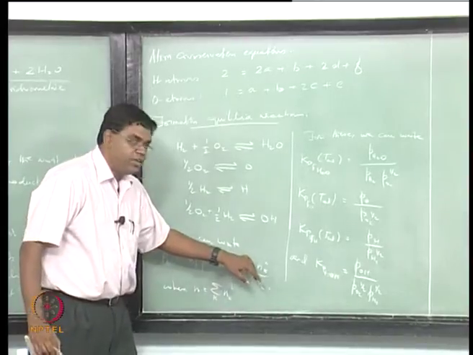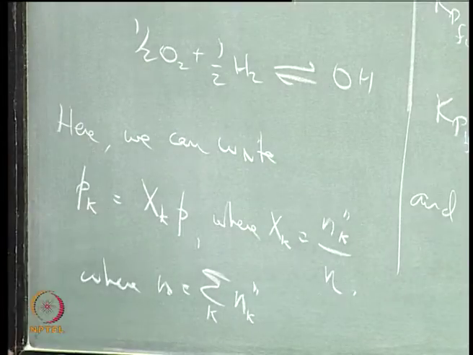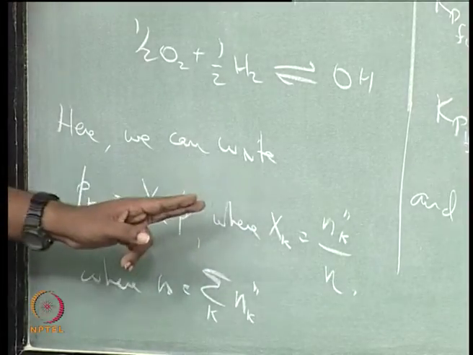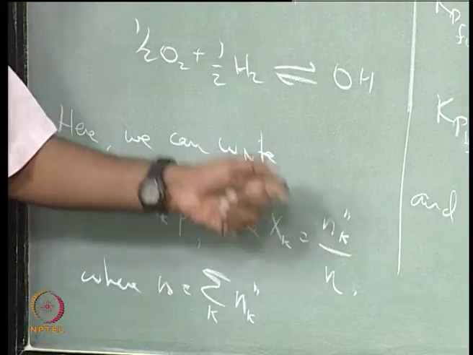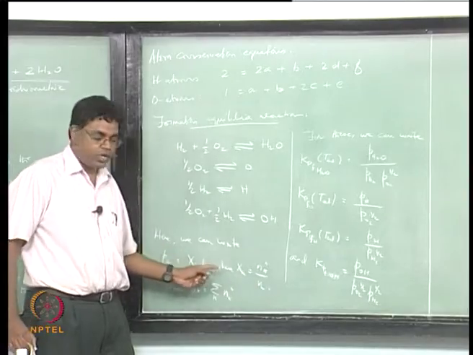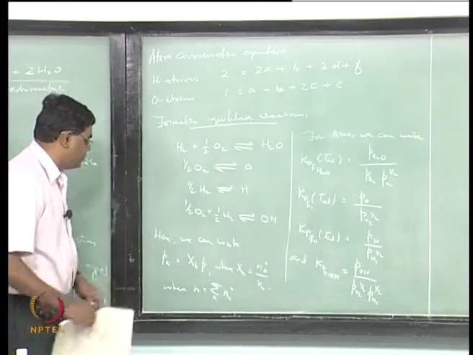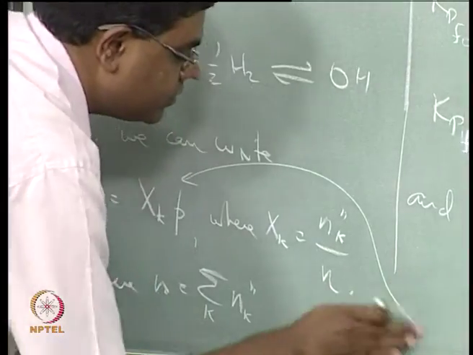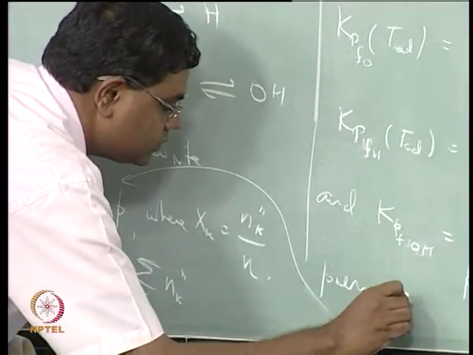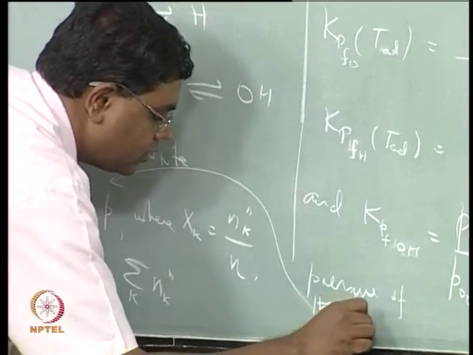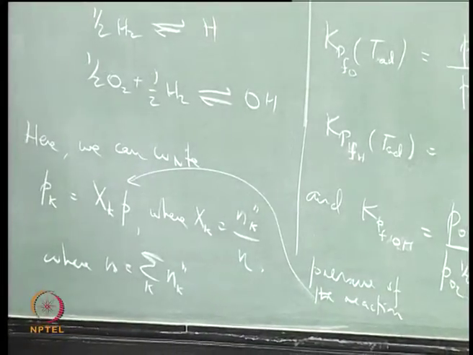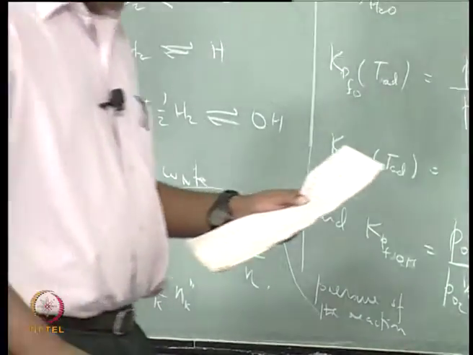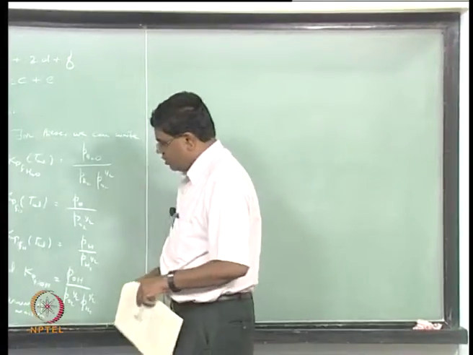We are trying to find out the nk double prime, yeah, but whatever it is, it's going to have a total, and the total will be n, and then if you now take the value of n, the kth species double prime divided by the total, you get xk, and xk times P. So the P is the pressure at which the reaction is happening, right. There is a pressure at which the reaction is happening. Then we are beginning to get the P in the picture, and therefore you can now plug this in here